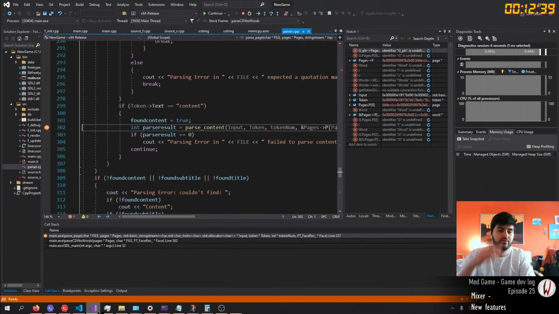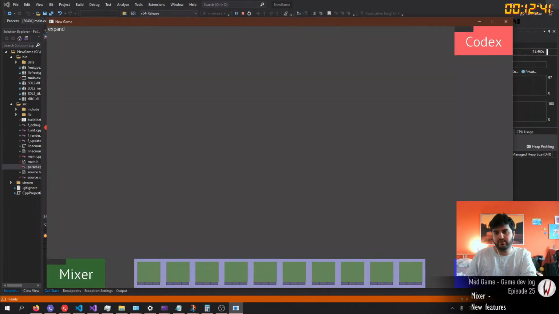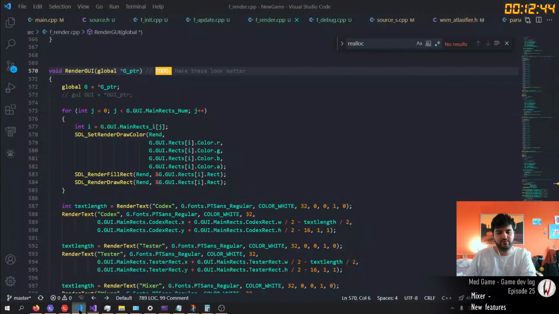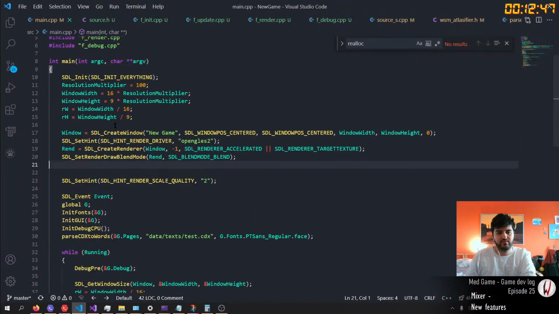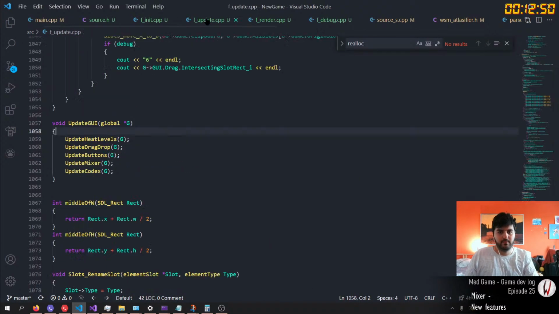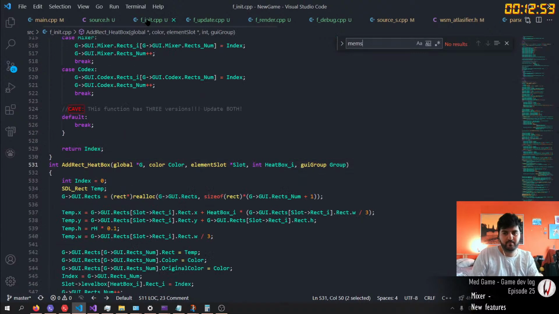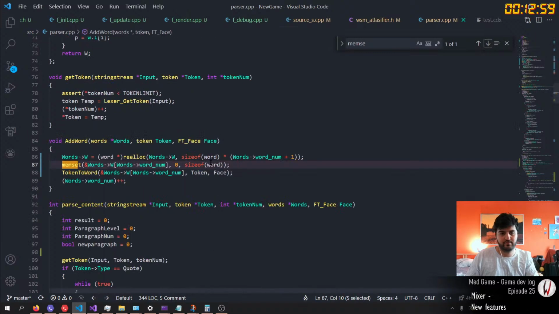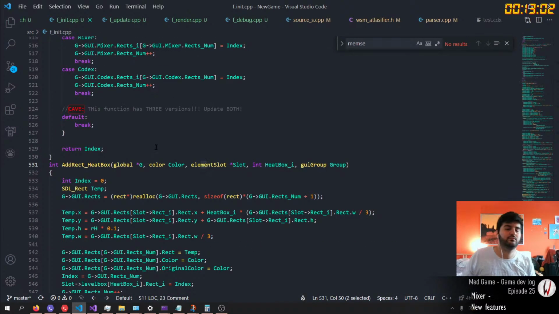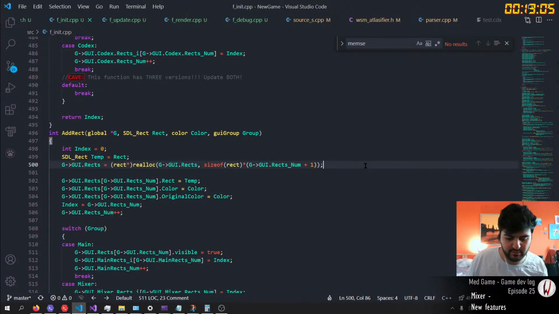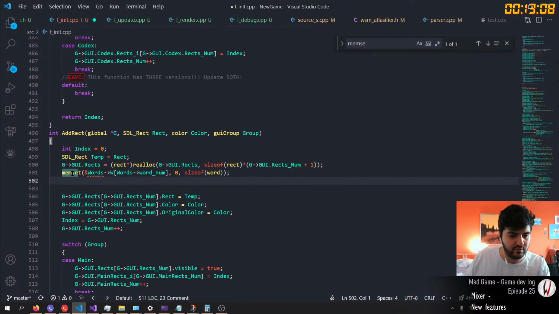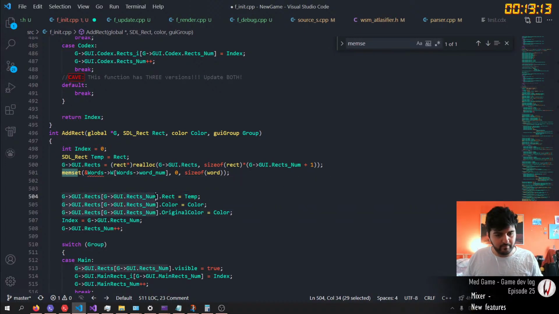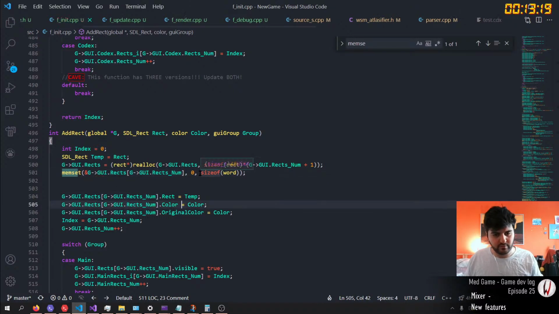Maybe I need to zero initialize these things. There's always a problem with zero initializing. Maybe I should do that just before I even think about it. Where do I do the mem set? Is it in parser? There it is. Okay. So let me just zerify it. Mem set. And it takes the destination, which is this thing. 0 and size over.